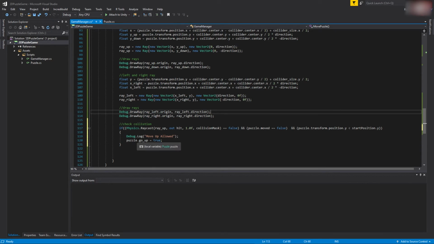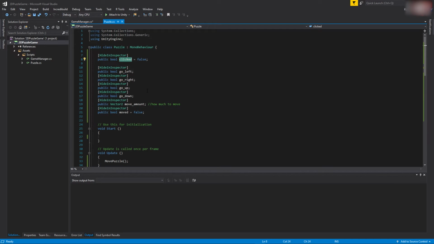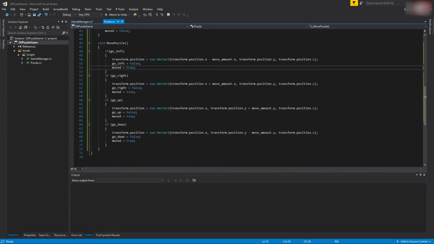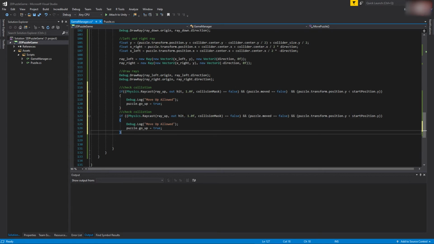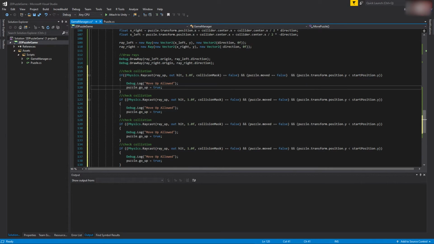Remember, this go up function is set inside the puzzle and it's going to go here because this one will be true. It's going to change the position of the puzzle and then set it to false and then set the variable move to true. Okay, we have the checking for the up vector, for the up ray. Now let's check for the down, left and right, because everything will be the same, we just need to pass the